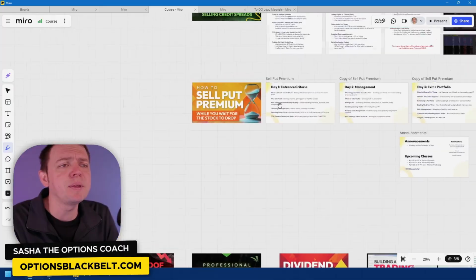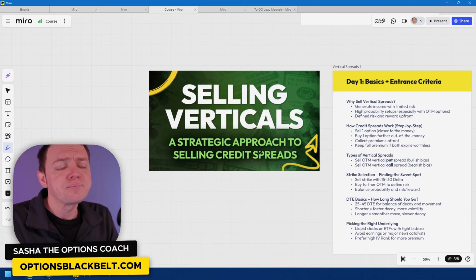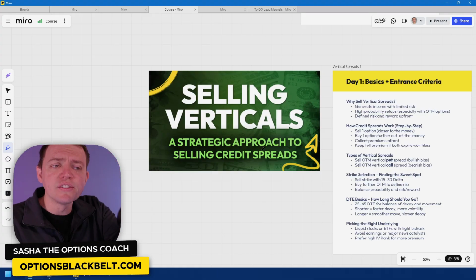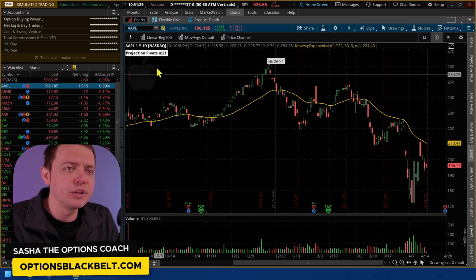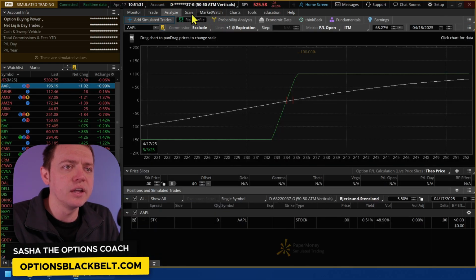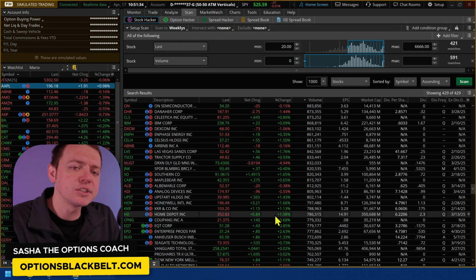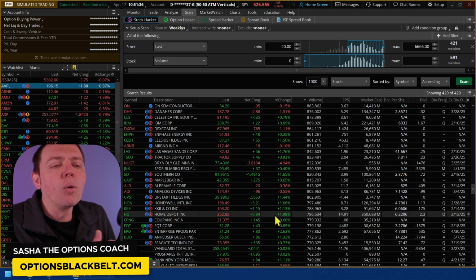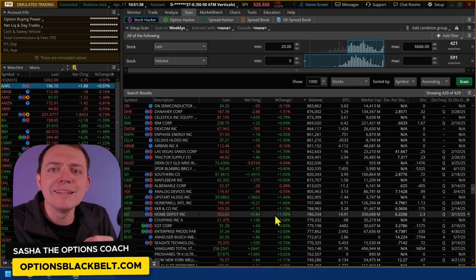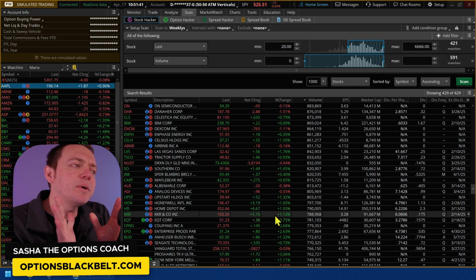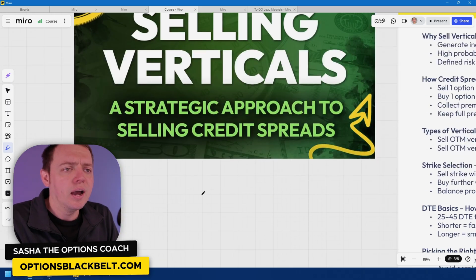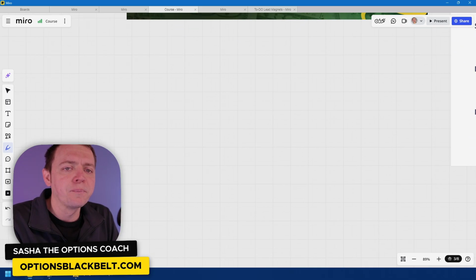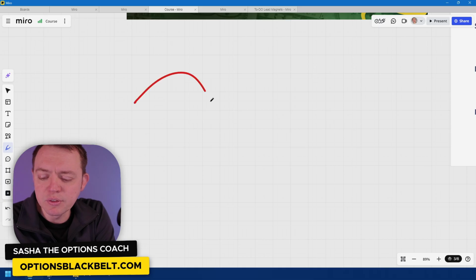Anyways, the point is that people are interested in trying to figure out, okay, how do I choose these vertical spreads? Do I go in and scan for them? Do I go in and pick a vehicle and go to the scan and try to find a certain way of a scanner? Or do I go in and go to a hot list or something to that effect? So I'm going to share with you two methods here, and I think it's not too crazy and not too difficult. So one of the methods is that when we think about price, it is going to shift and move in